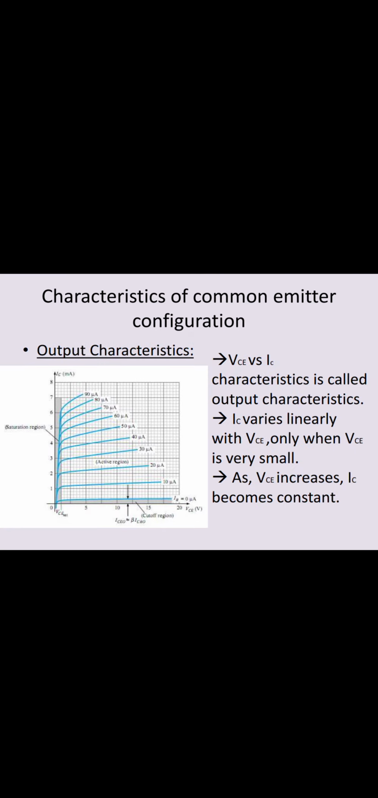The output characteristics of the common emitter mode are shown in the graph. The output characteristics for the common emitter mode is the curve or the graph between the collector current, that is the IC, and the collector emitter voltage, that is VCE, when the base current, that is the IB, is the parameter. Like the output characteristics of the common base